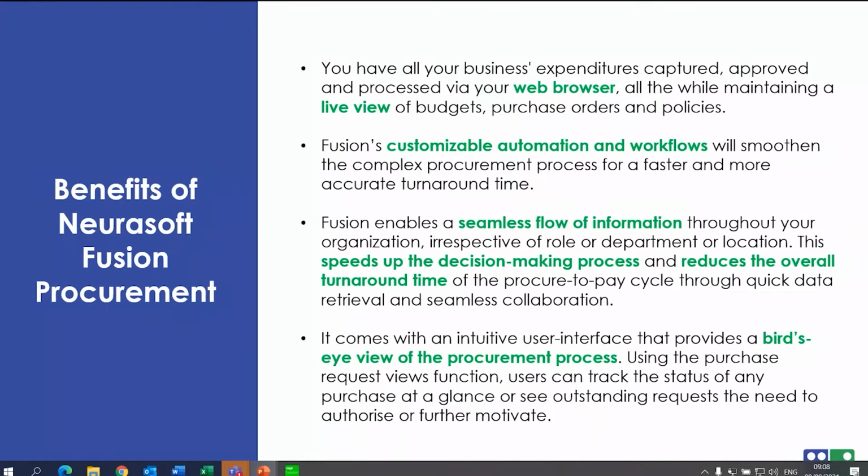Some benefits of Neurasoft Fusion Procurement: you have all of your business's expenditures captured, approved, and processed via your web browser, all the while maintaining a live view of budgets, purchase orders, and policies. Fusion's customizable automation and workflows will smoothen the complex procurement process for faster and more accurate turnaround time. It enables a seamless flow of information throughout your organization, irrespective of role, department, or location. This speeds up your decision-making process and reduces the overall turnaround time of the procure-to-pay cycle through quick data retrieval